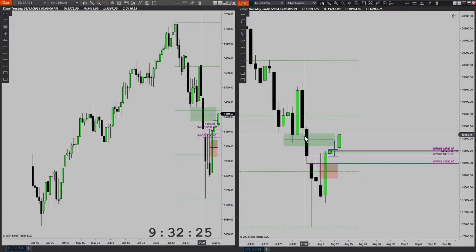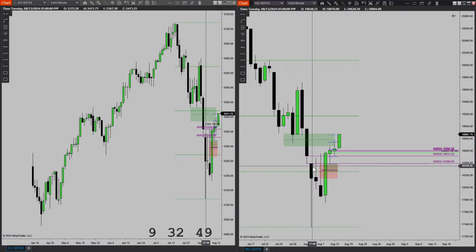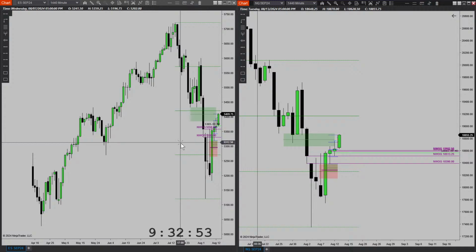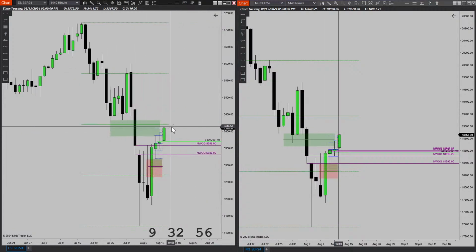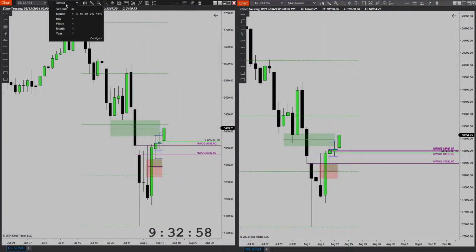Not this area, not this low, but this low, because whenever you have a bottom imbalance within a gap, you have to use the high or low of that volume imbalance as well. So this whole range, from this low to this high here. So that would be the daily imbalance. So that's what I'd like to see. I want to see price continue to move higher, but again, my bias remains bearish.